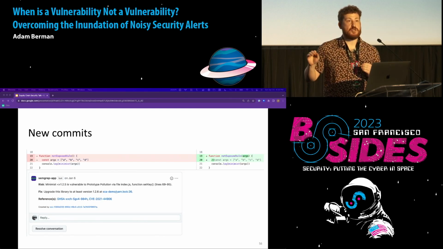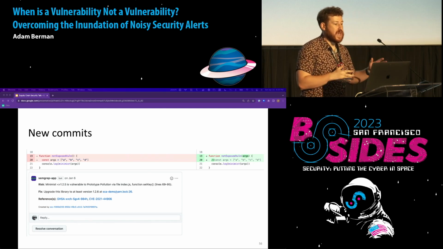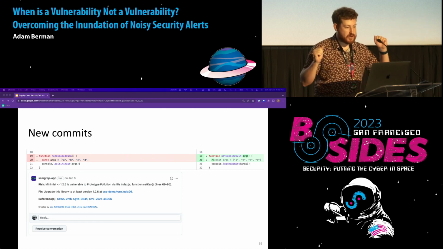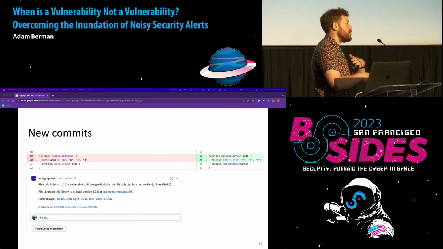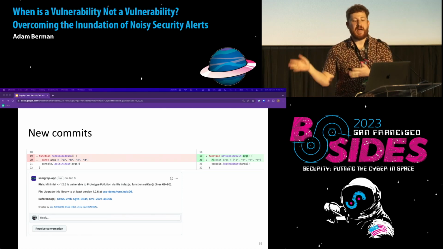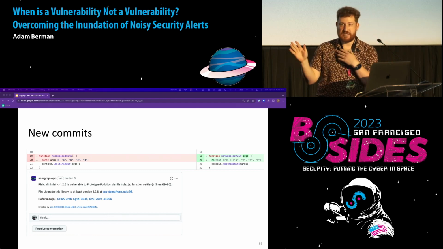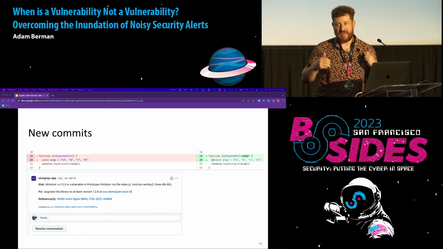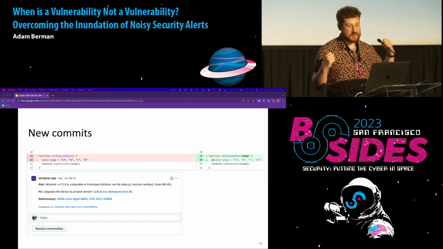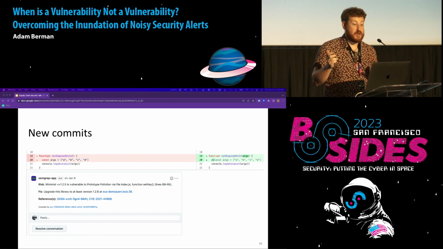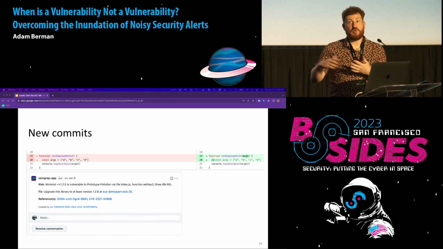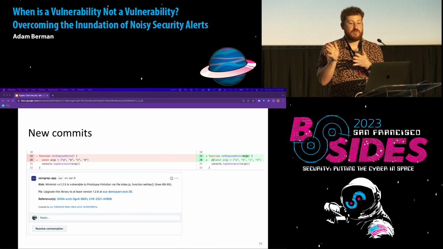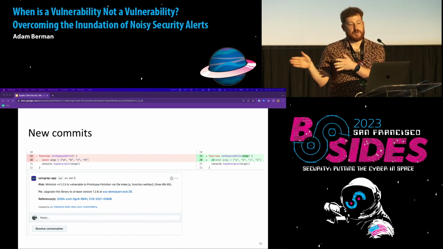The second vector is new or changed code. When a new disclosure comes out, you've scanned, and you've confirmed at the time of the disclosure that the vulnerability doesn't exist in your code base, but people don't stop changing their code. People keep adding new code, they keep on making changes to existing code, and someone checks in maybe a new library or makes use of a library in a new way, and all of a sudden that library's vulnerability is reachable. What we want to do is put a guardrail in place to prevent developers from introducing